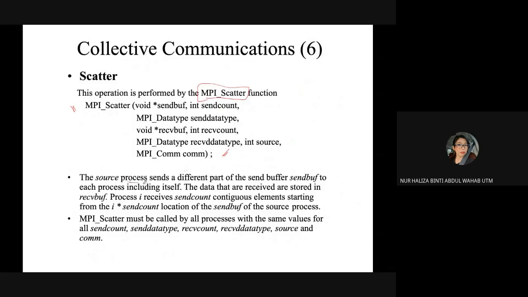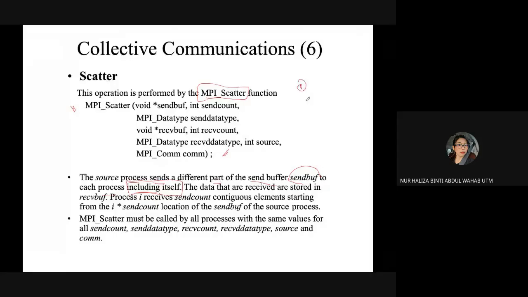It sends different parts of the send buffer to each process, including itself. For example, with P1, P2, P3, it will send to P2 and P3, but it will also send to itself.